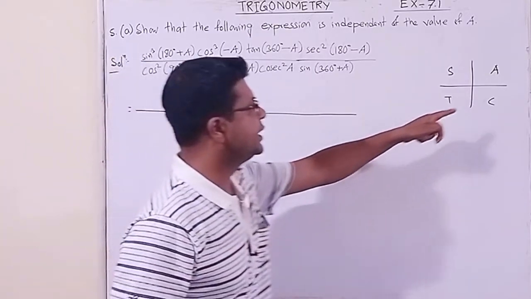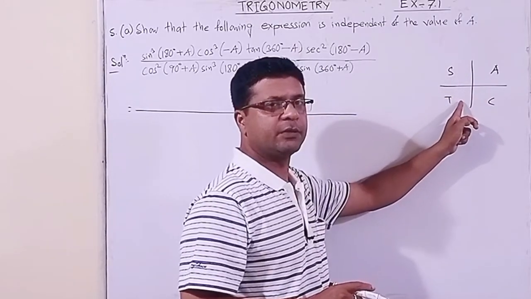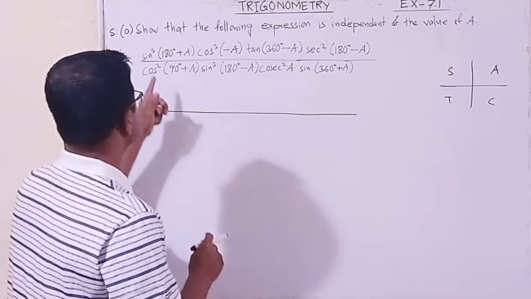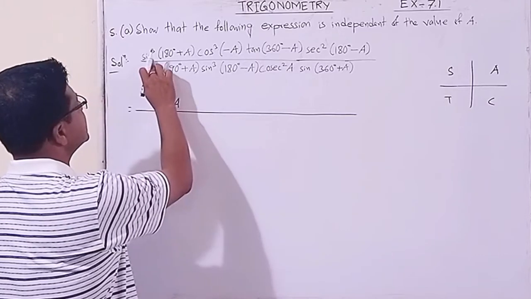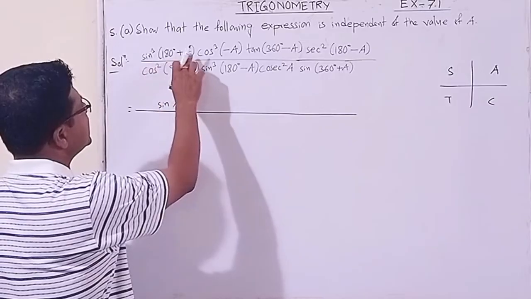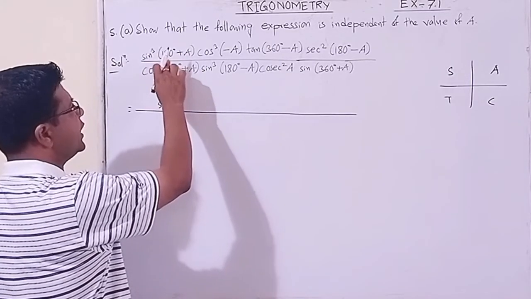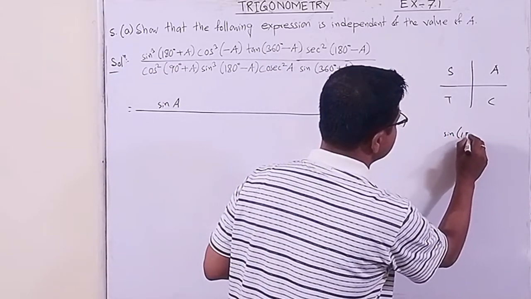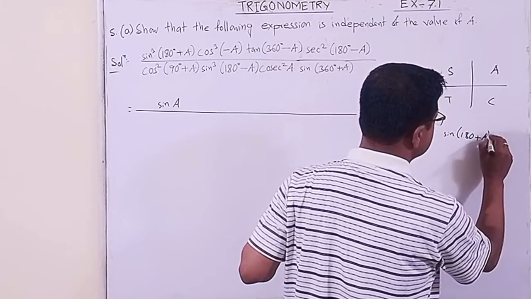You see, this is 180, this is 180. Okay, plus a, that means it is in the third quadrant. And here 180 means it is an even multiple of 90 degrees. So sine will remain as sine of a. This is sine cube, I will see this part later on. Sine of 180 plus a is sine of a, because it is 2 into 90. So here sine of 180. Just you can see these facts.